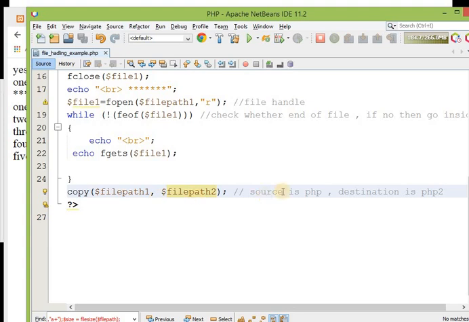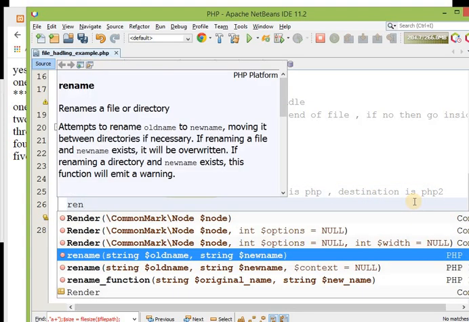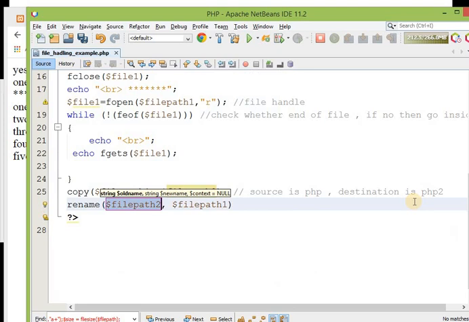Now there is also another function, rename. I want to rename file path 2, php2, with the name, let's say, 1.txt.